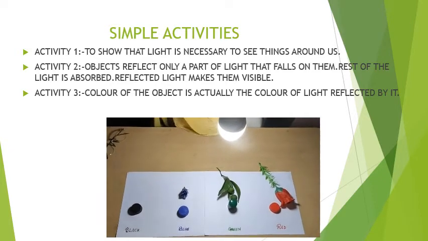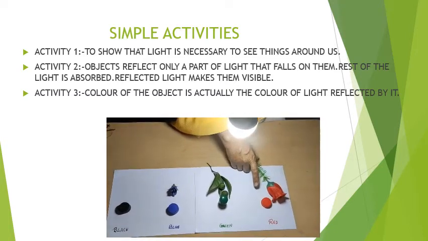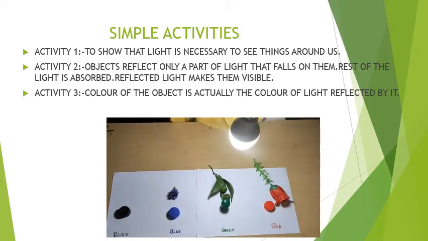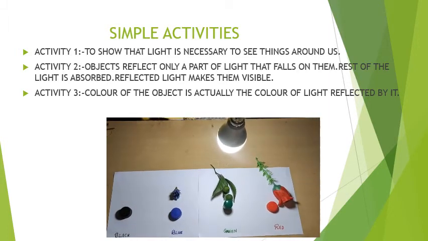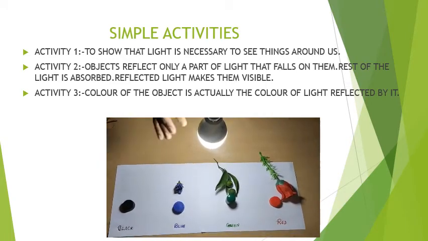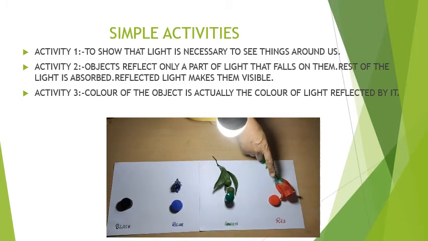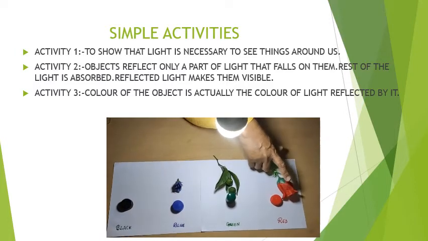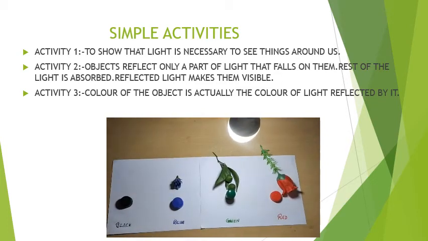Only because of this, red objects are receiving white light, and out of that white light they give me only red light, and these green objects are reflecting only the green light, and the blue objects are reflecting blue light. All the rest of the colors are being absorbed by the object. For example, the red color object absorbs the green color and the blue color, and is able to reflect only the red light into my eyes.